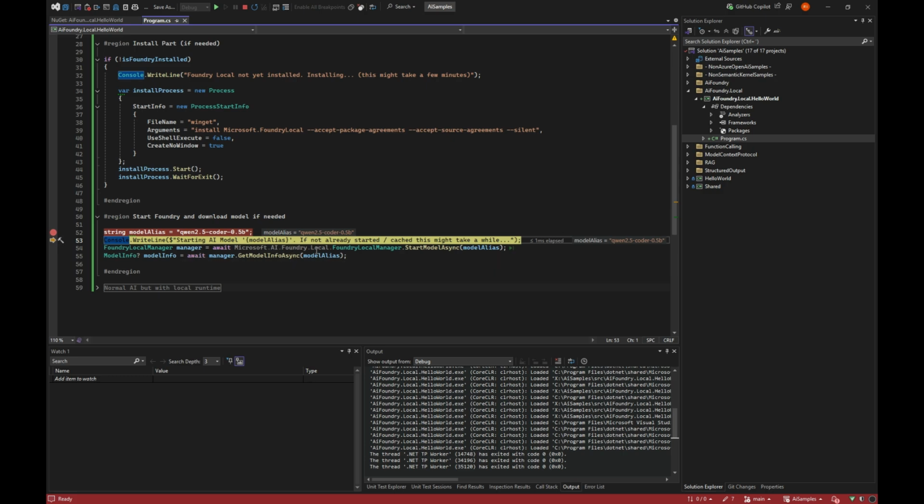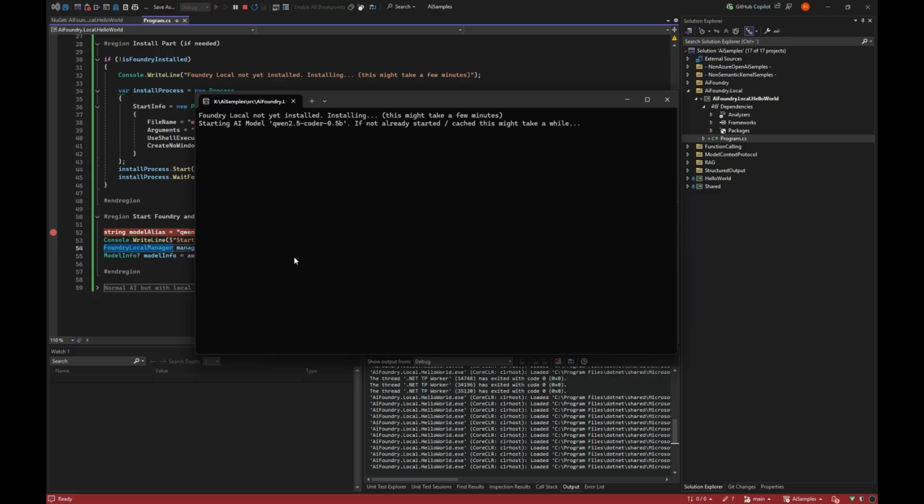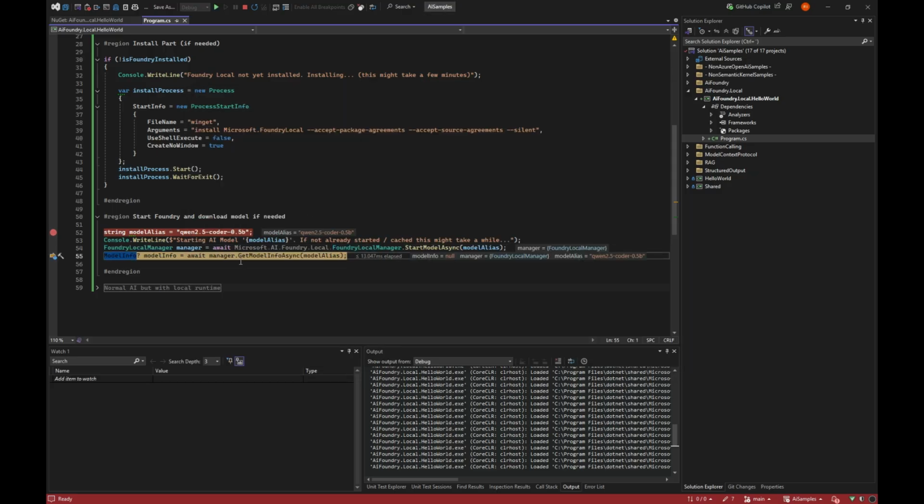And the only thing it really has is the Foundry Local Manager, where you tell it, start this model. And this will take a while again, because right now it's actually downloading the 500 megabytes of model, starting up the process. Again, remember we had absolutely nothing that could run. But now we got the model back.